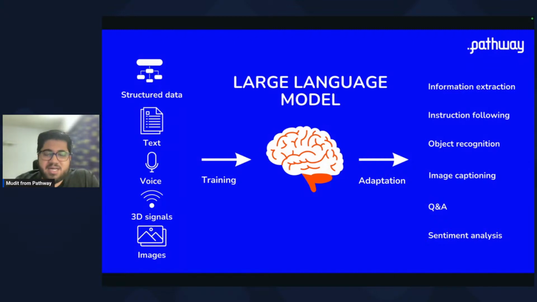Yeah, so LLMs are large, they're trained on a vast amount of data, and then they can do a lot of things. A single model can do your information extraction, instruction following. You can do translation, you can do summarization, you can generate images now. We have this thing called multimodal LLMs coming on. What are multimodal LLMs? Text is a mode of communication, right? So multimodal would mean that there are multiple modes of communication, like text, video, audio.